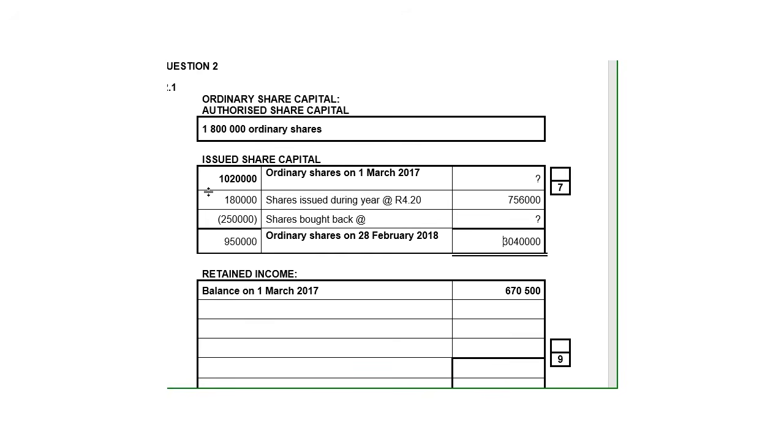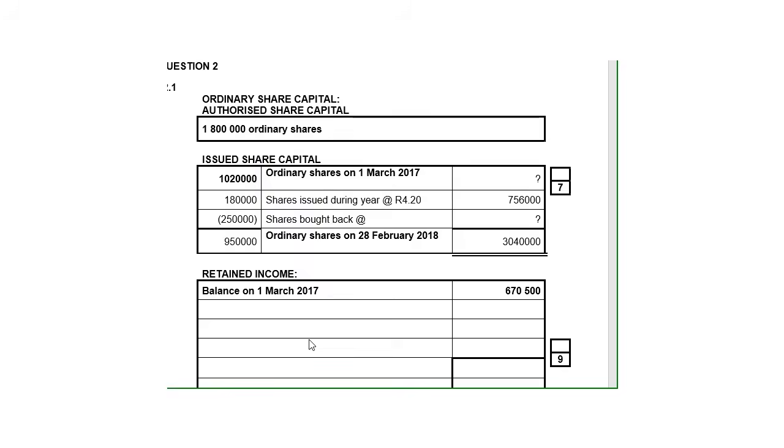Because I bought back the shares on the last day of the month, after I issued, the average share price would be as it is at the end of the year. If the buyback happens after the issue, I can use the figures at the end to work out the average. And to work out the average, it's simply taking the total value, the 3,040,000, divided by the number of shares,